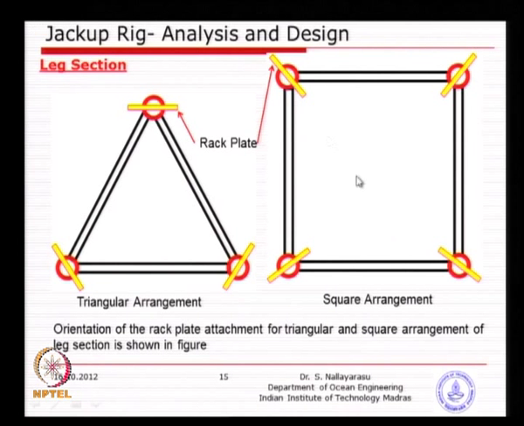If it is a square, then you will have this kind of arrangement, only the drives will be on one side, inside there will not be any drives, so that you will have only one sided motion. All depends on the design, but the advantage of the triangular, as I mentioned, is basically easy to manipulate, and the redundancy is less.